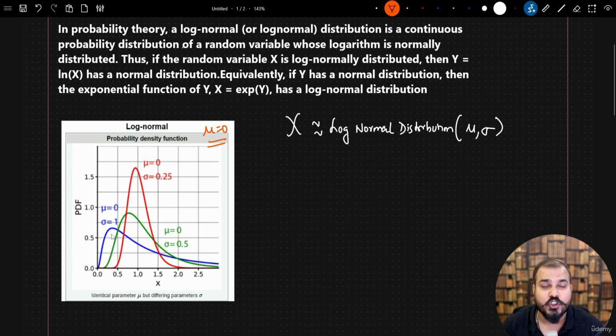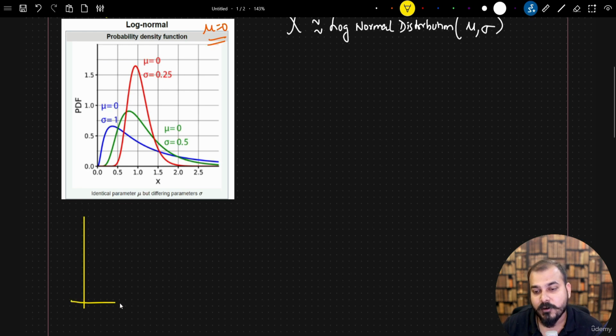Now, when the standard deviation is changing with respect to the log normal distribution, you can see the right part of the curve is quite elongated, right? So we specifically say log normal distribution is a right skewed distribution. And we have learned about right skewed distribution. We also know what the relationship between mean, median, mode is in a right skewed distribution, right? So over here, you can see with respect to every curve, the right side is completely skewed. So as one example, let's say I am trying to draw,